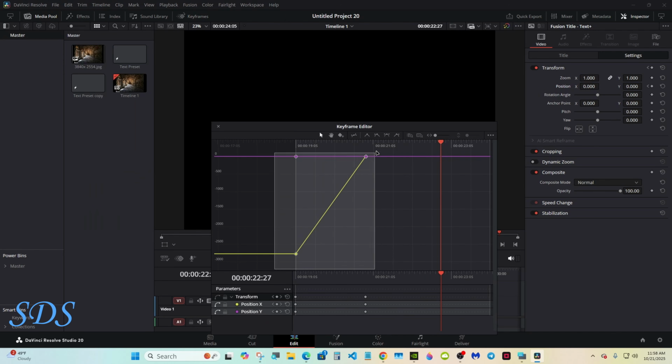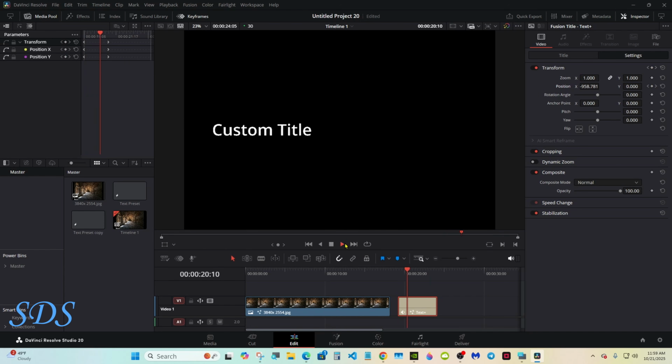Highlight them all. Right now, it's already on linear. You have your ease in and ease out. You can grab these handles, move them around, but you want to highlight it with the big knob on the end in order to move it. And you have to be pretty precise when you grab them. Now we have a little ease in and slow down before it stops motion. And if you want to use a power bin,